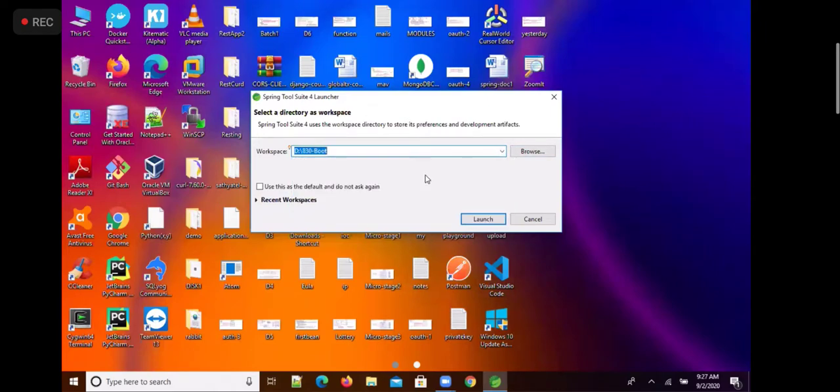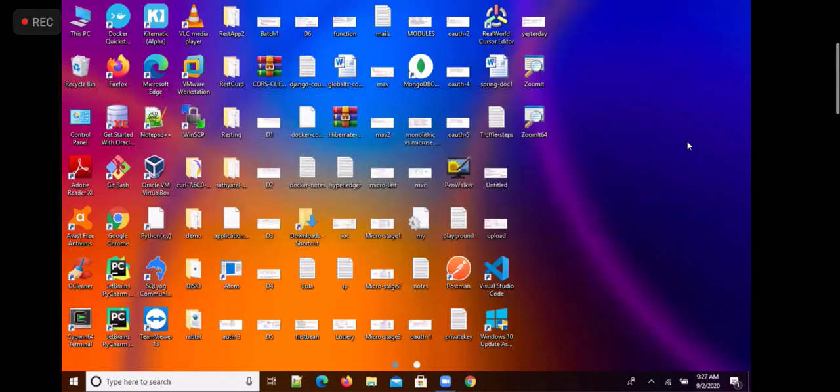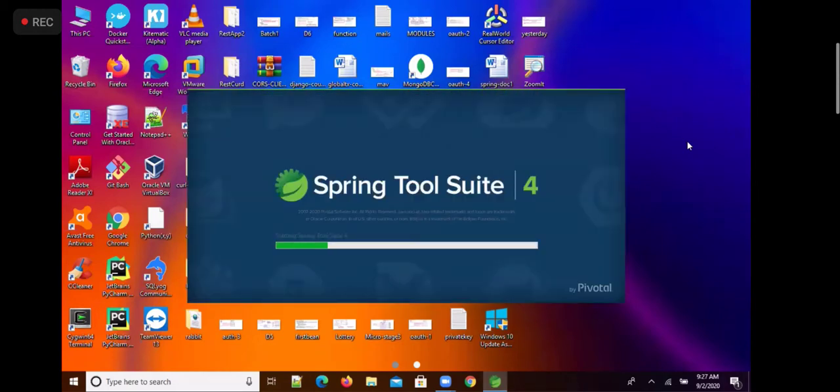Choose a workspace. Right, okay, choose a workspace.